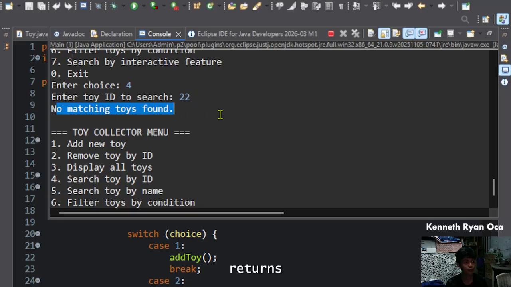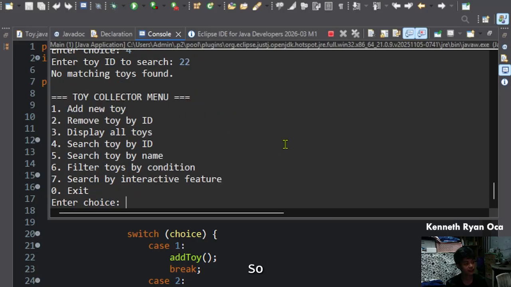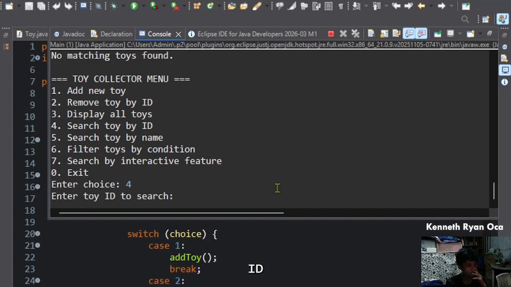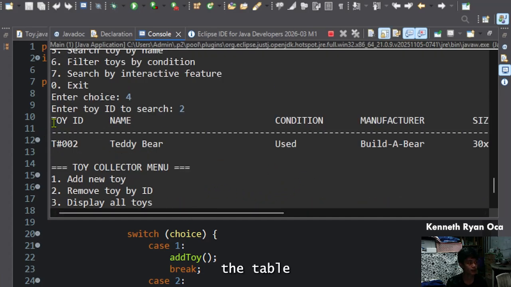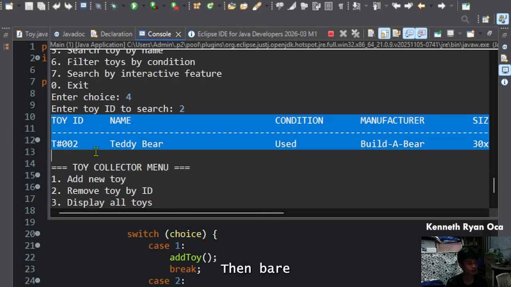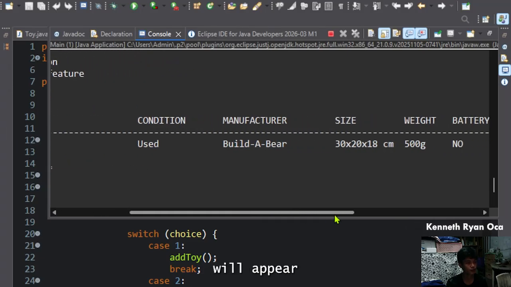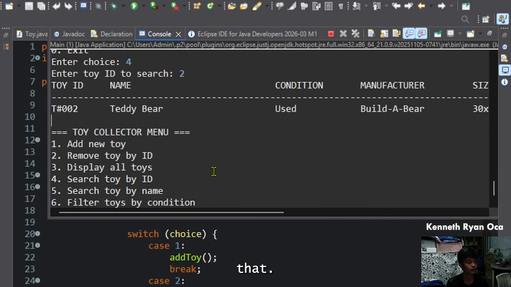So it returns no matching toys found. This is great user error handling, since it didn't terminate the whole program, but instead loops me back to the main menu. So I'm going to search again. Enter ID to search, number 2, and as you can see, it returns the tabular form: teddy bear, used, manufacturer Build-A-Bear, etc.